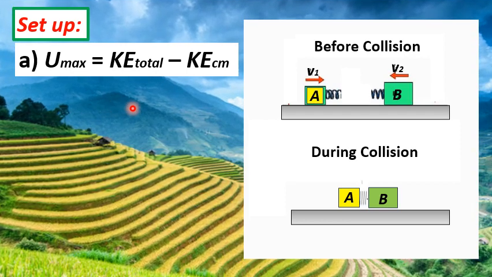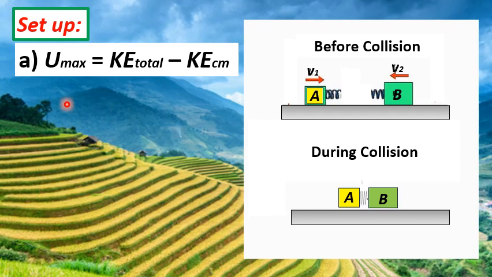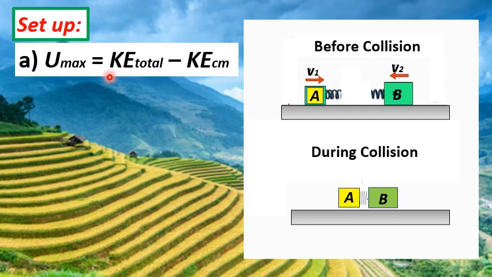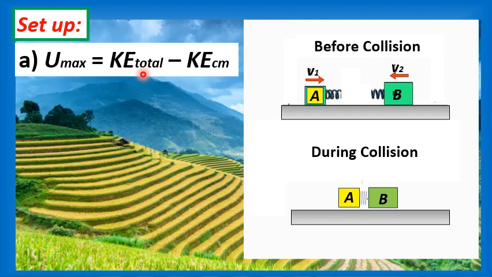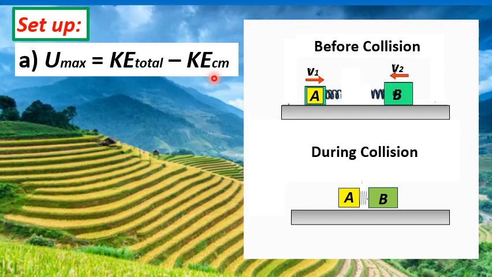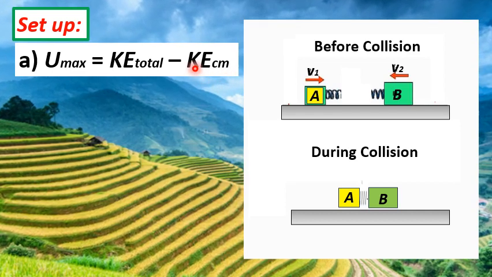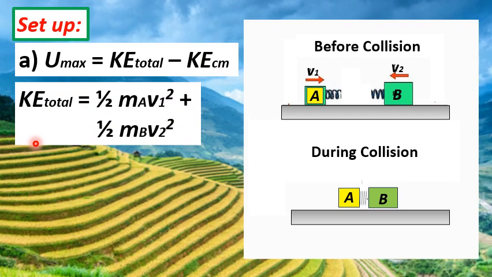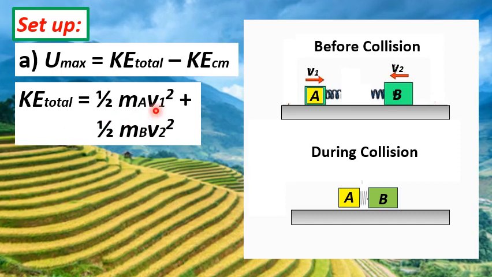So in computing the maximum elastic potential energy of the bumper spring, denoted here by capital U max, we need to first find the total kinetic energy of the system before the collision, and then deduct from it the kinetic energy of the center of mass of the system, denoted by KE_cm. For the total kinetic energy before the collision, we just use the formula 1/2 m_A v_A1 squared plus 1/2